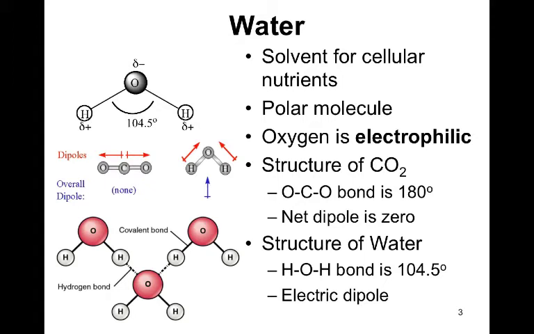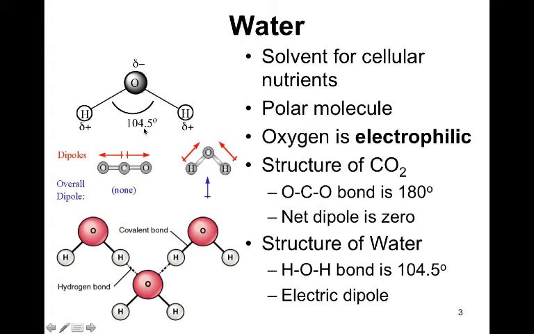Now, to better understand polarity, let's take a look at carbon dioxide. In carbon dioxide, two oxygens share their electrons, each with a carbon, to form carbon dioxide. Now, even though the individual carbon-oxygen bond has a dipole, the overall molecule has no dipole moment because the two dipoles are symmetrical and therefore cancel each other. This is what makes carbon dioxide a non-polar molecule and water a polar molecule, because the bond arrangement in water is